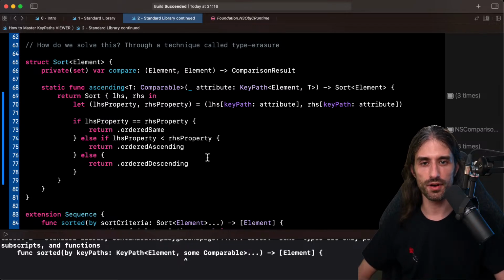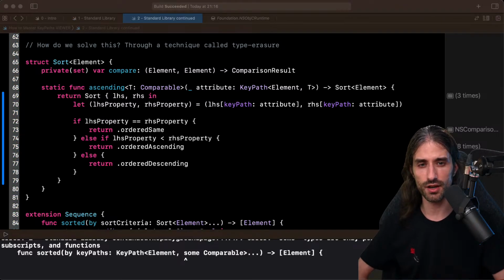So like with other examples I've shown you, the goal of these examples is not to advocate that you should be using this kind of syntax in every single project. It's more to show examples of what can be achieved with a key path, the kind of functions you can build with key paths.